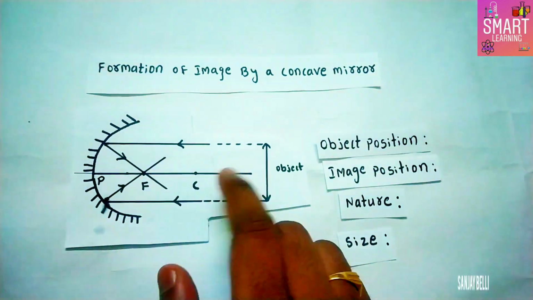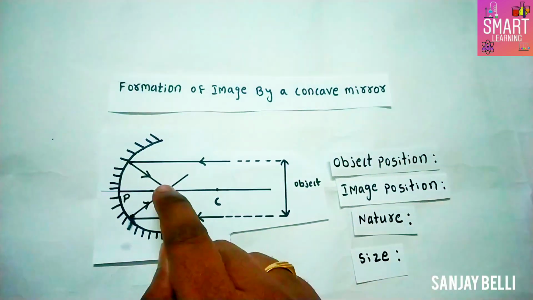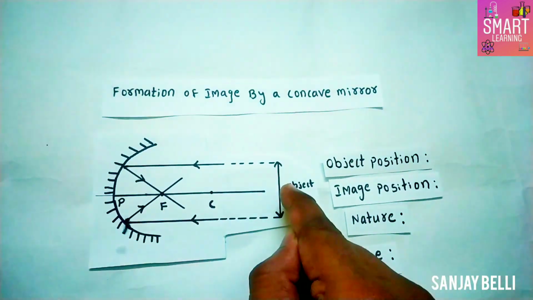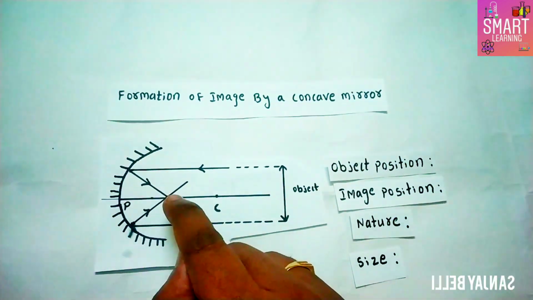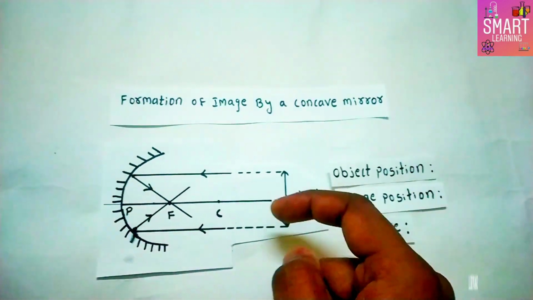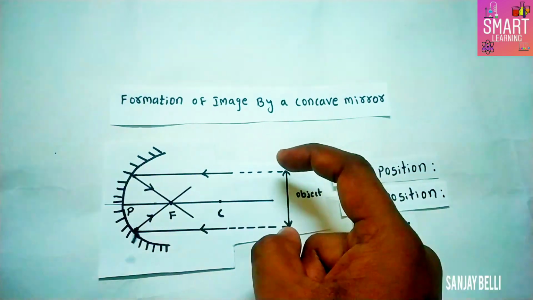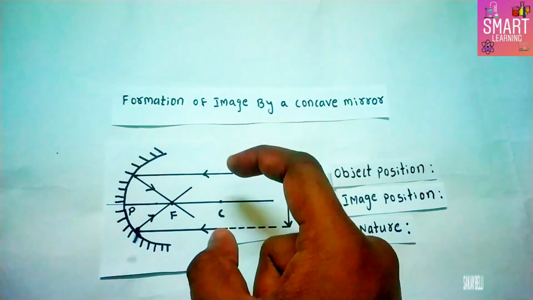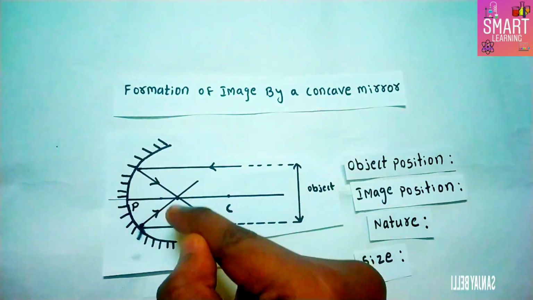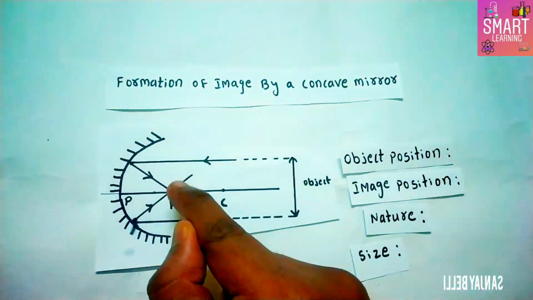Now here you see it is quite the opposite of your previous ray diagram. In the previous one we placed the object at F and the image was obtained at infinity. This time the object is placed at infinity and the image will be obtained at the focal point. In this case I used only rule 1 because it is infinity. It may be above the principal axis or below the principal axis. These dotted lines represent the light rays coming from infinity. So I used only rule 1: parallel to the principal axis, passes through the focal point. That means the reflected rays intersect exactly on F, so the image will be obtained on the focal point.